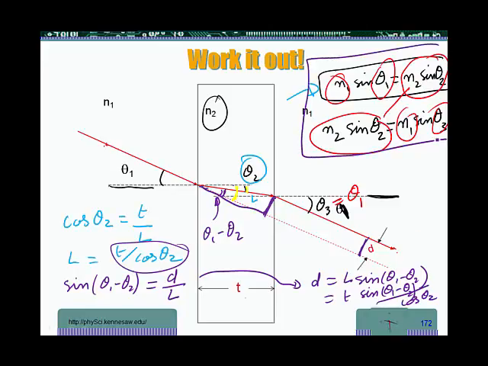Instead of just N2, it's going to be N2 blue, and then N2 red. That does not change much to the equation. We are going to again find that theta 1 is equal to theta 3,